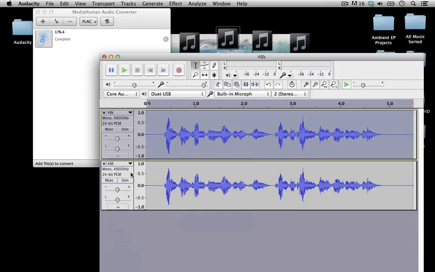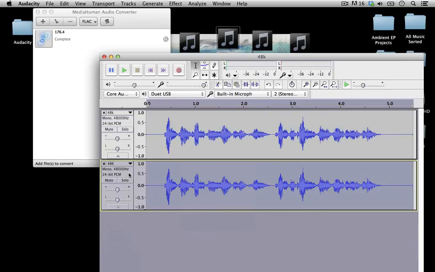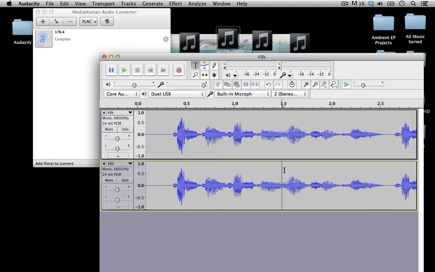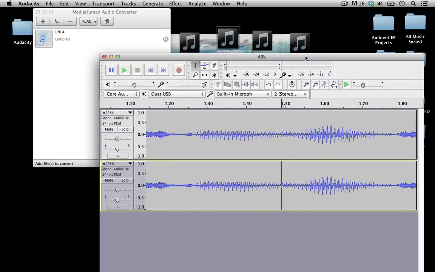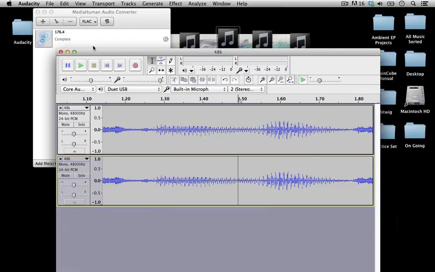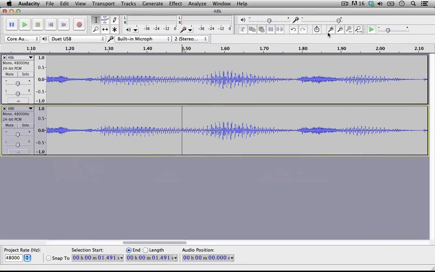And the thing you're going to notice, and the thing that audiophiles will go a little bit crazy about, is that FLAC files are going to be slightly lower in overall perceived loudness. And the reason for that is because FLAC files actually require some of this space at the very top for tags. So to write in the artist name, to write in the album, all those things. So it actually takes a little bit of space. It takes physical space on this spectrum to do that. So if we zoom in here a little bit closer, you'll see that this one is peaking out just a little bit higher. But if we zoom in all the way here like we did before,